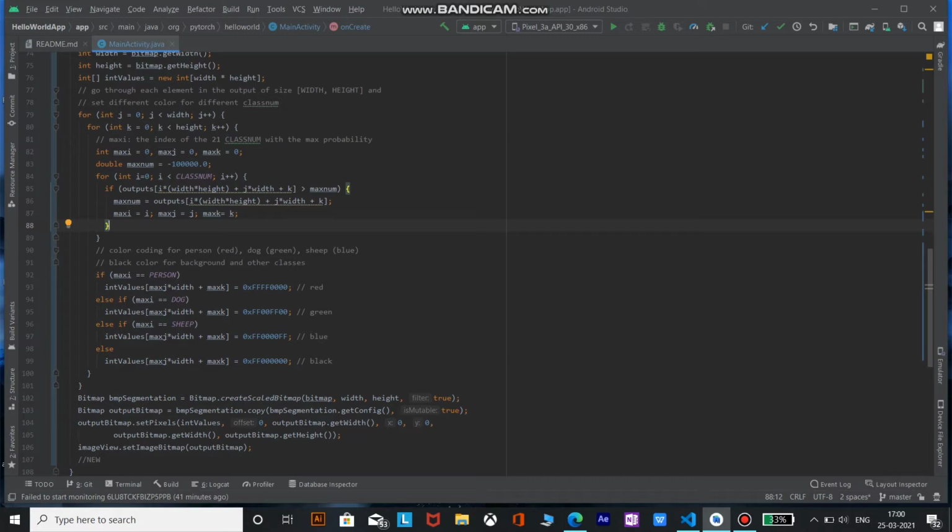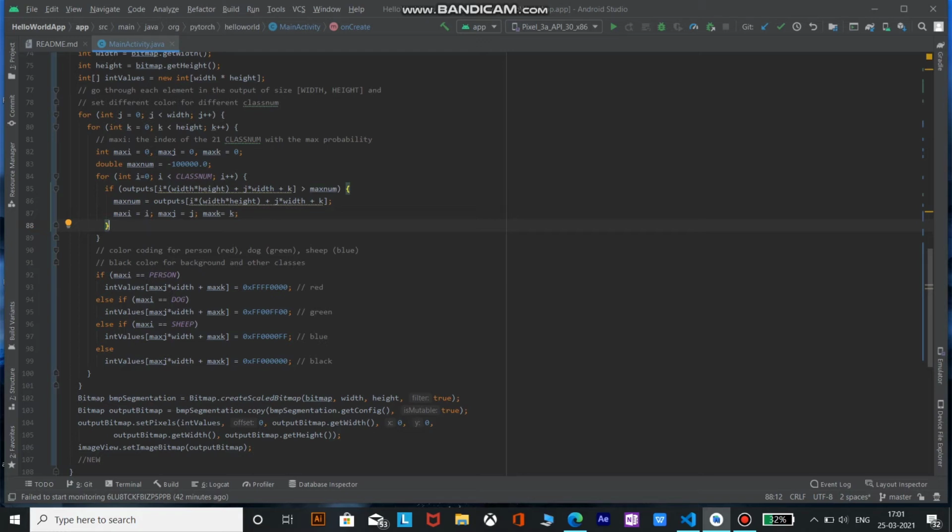Therefore, when max i equals person, that is when we get the maximum probability for person, then we will set the value of that pixel as red, and when max i equals dog, we will set the color for that pixel as green. Similarly for sheep, we will set the color as blue, or else, that is for everything except person, dog and sheep, we will set the color as black.